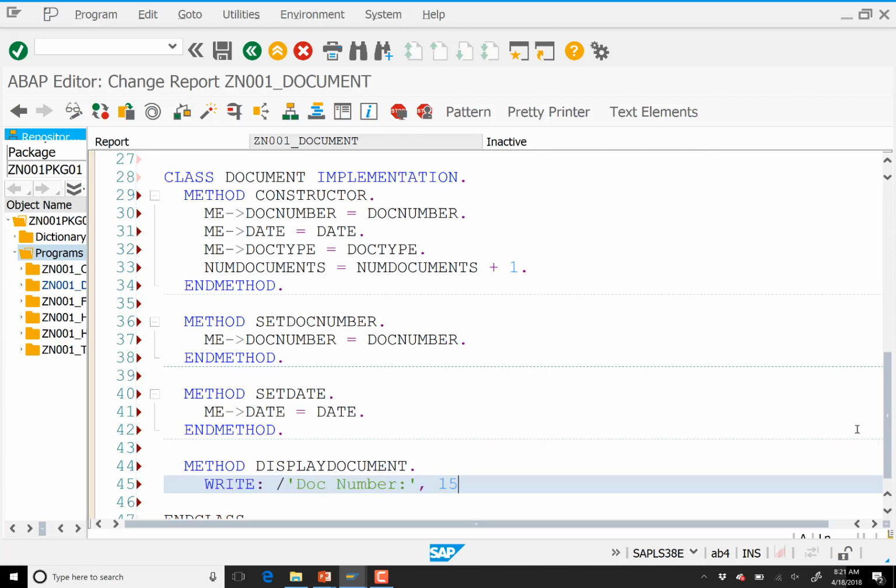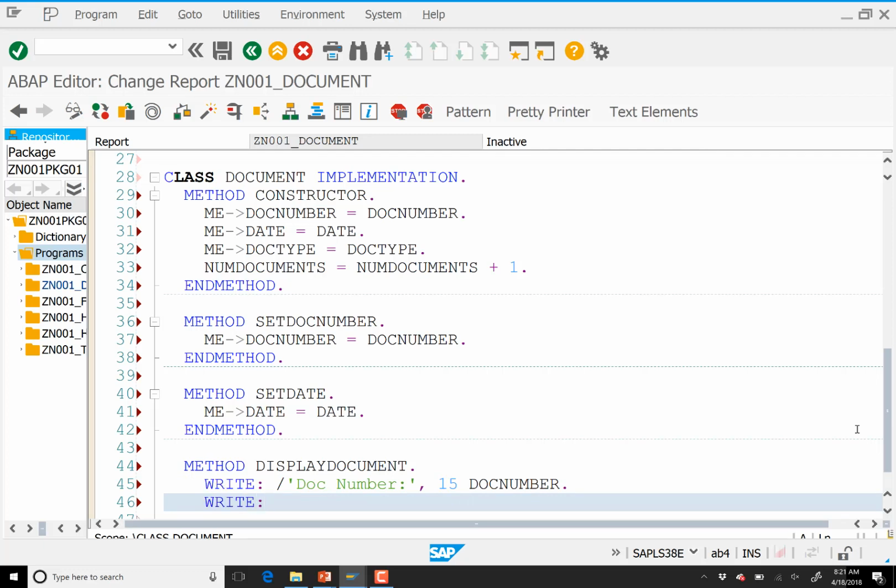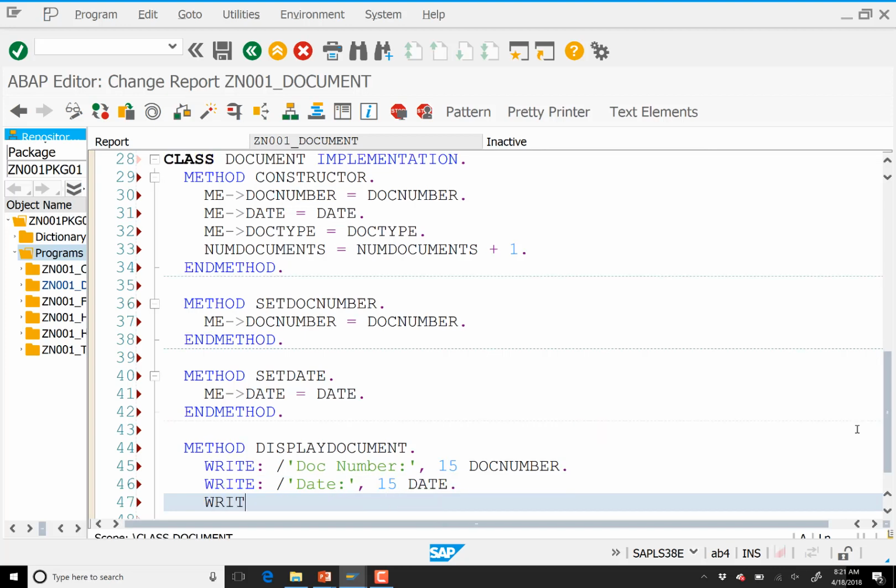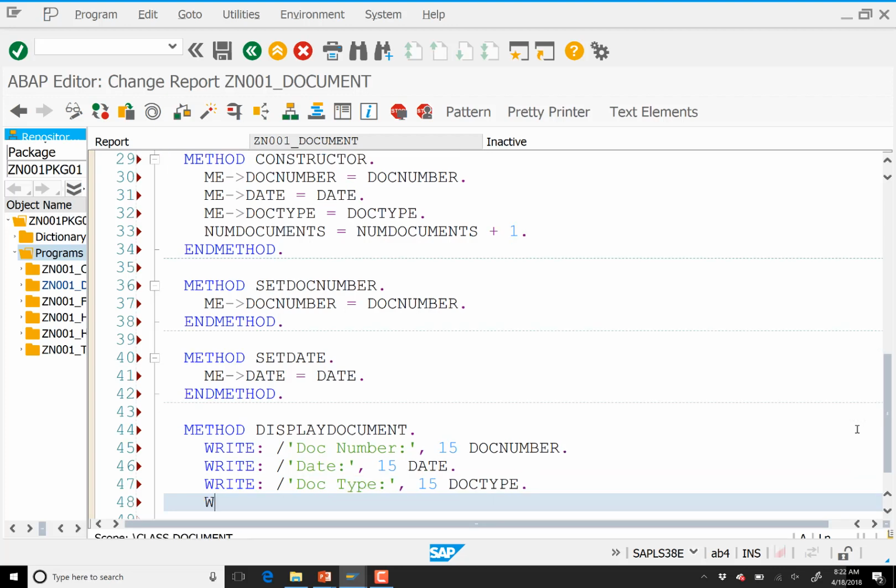We'll skip over to column 15 and write out the doc number, and then write date, and skip over to column 15 and write out the date, and then write doc type, and skip over to column 15 and write out doc type,